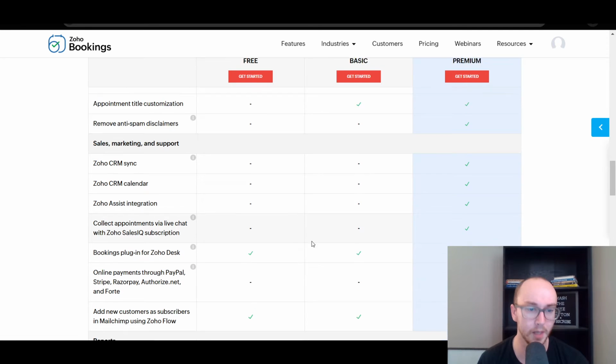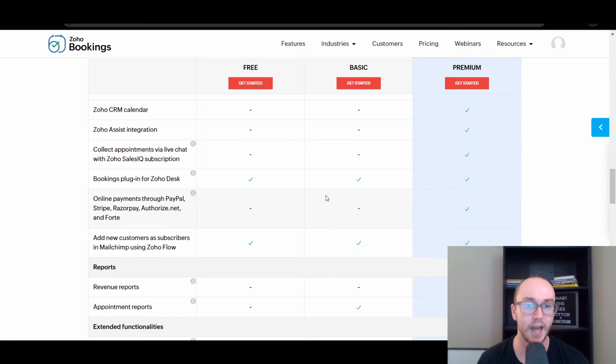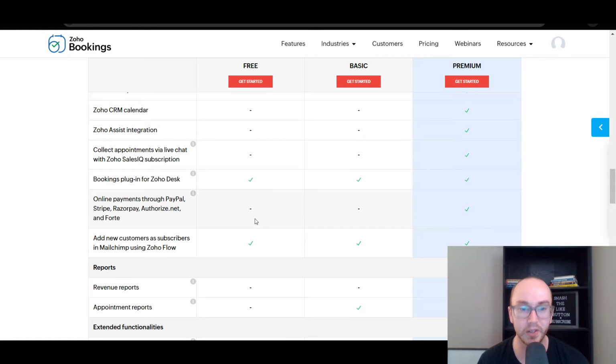That would be more so on the premium version if you're interested in that. And you also do not have online payments available on the free version or the basic version. You do need the premium version for that. So do keep in mind, if you need online payments, you might be better off looking elsewhere for other booking